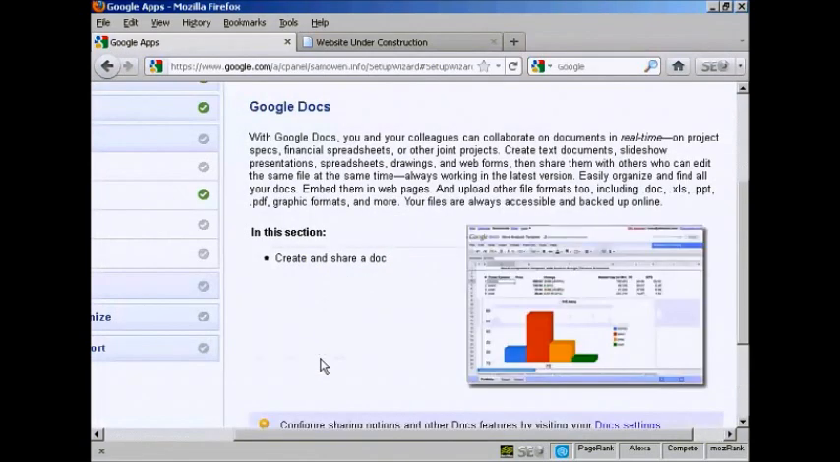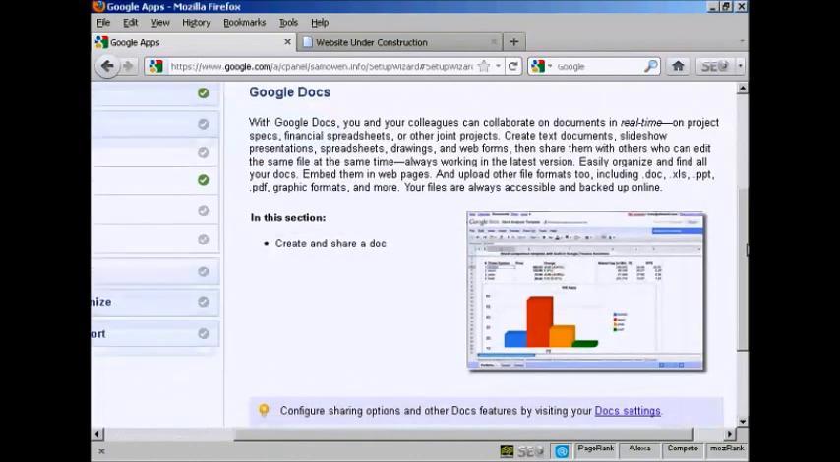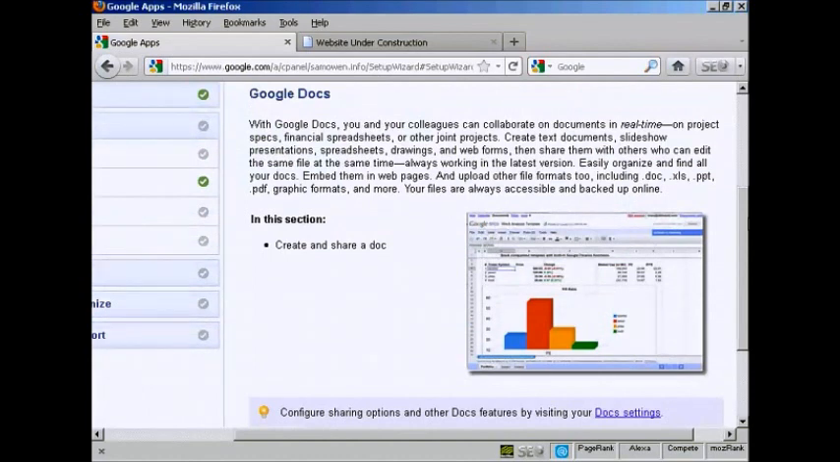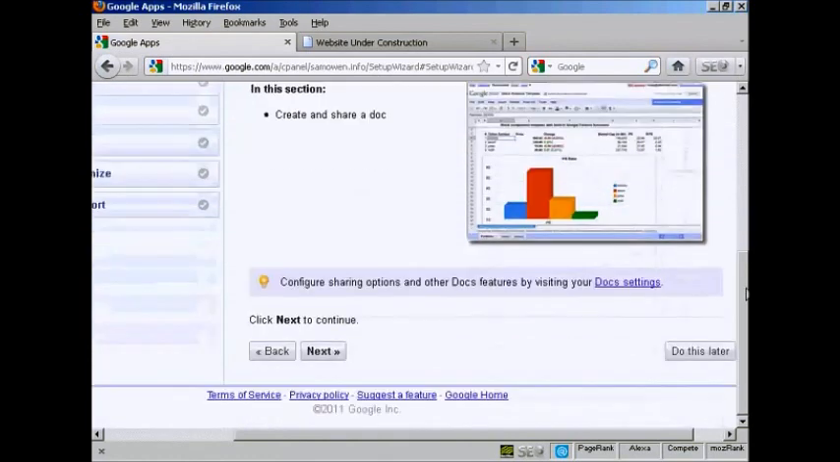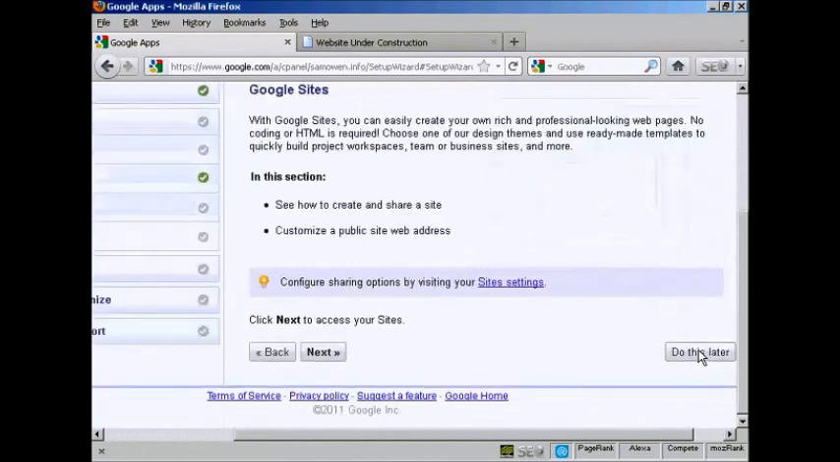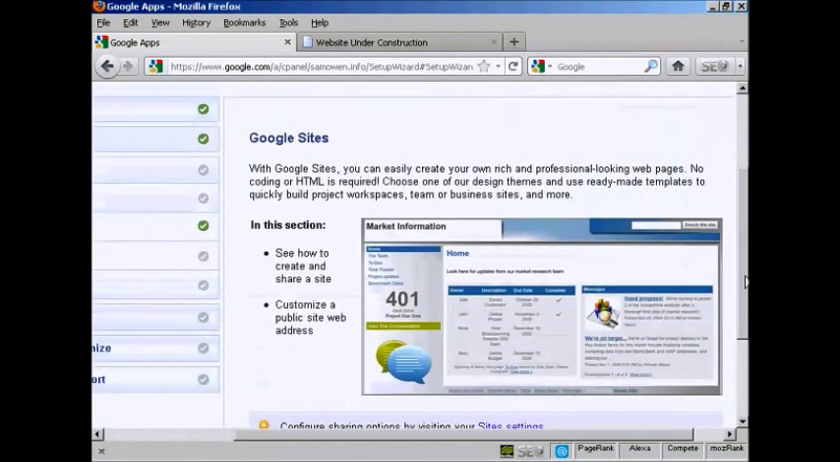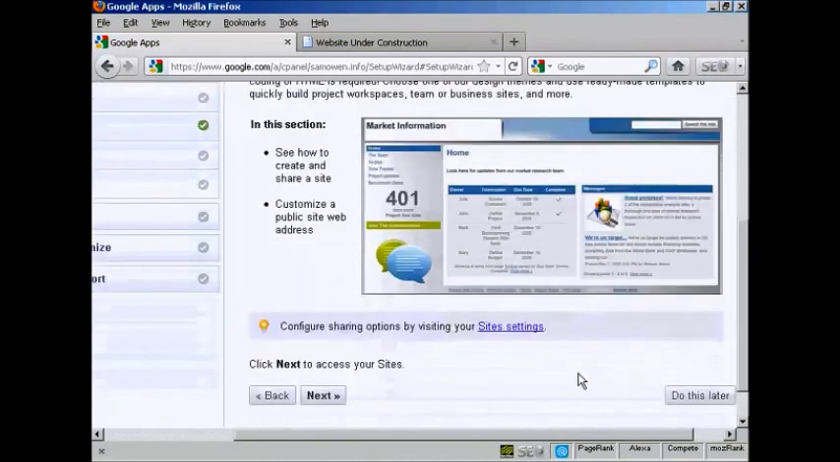and there's Google Docs, and with this I can create and share documents. Now I don't have any documents or spreadsheets that I want to upload at the present time, so I'm going to click on do this later. And then there's Google Sites, which will enable me to create a website on this domain. So if I click here on next,